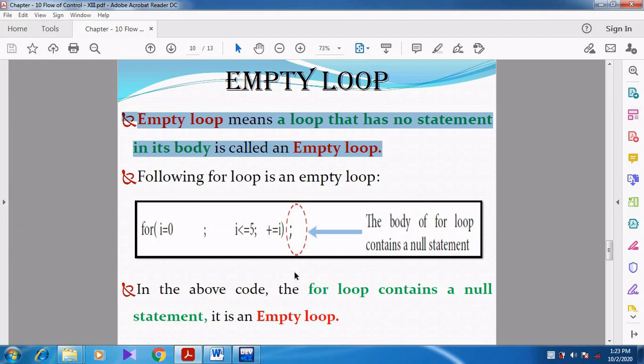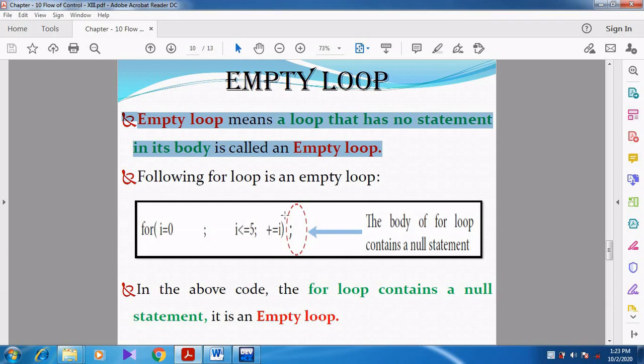Whenever the for loop is given with initialization, condition and then updation, in that for loop itself we use the null statement. Null statement means we give a semicolon after the for loop parenthesis.